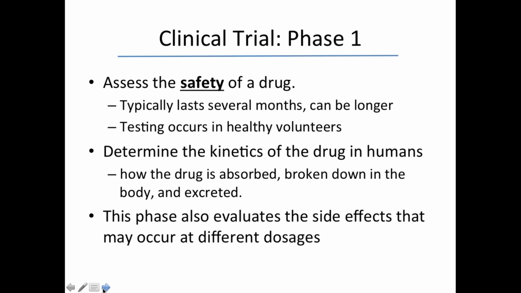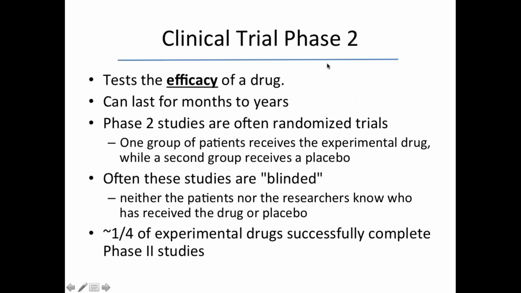If the phase 1 data is gathered and assessed and approved as appropriate by the FDA, a phase 2 trial can then be applied for. So phase 2 trials do something different. They take it the next step. What a phase 2 trial is supposed to do is to test the efficacy of a drug in a particular targeted disease or condition. In other words, can we see a clinical effect for a symptom of that condition? Phase 2 trials can last for a short period of time to a very long period of time.